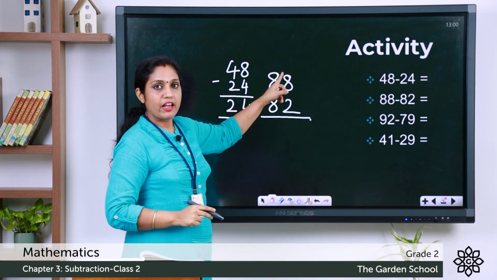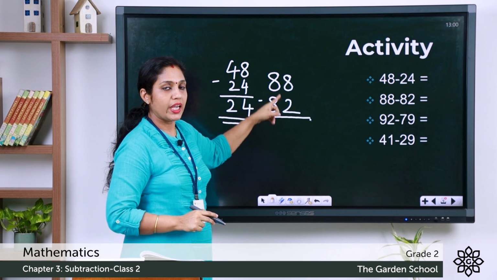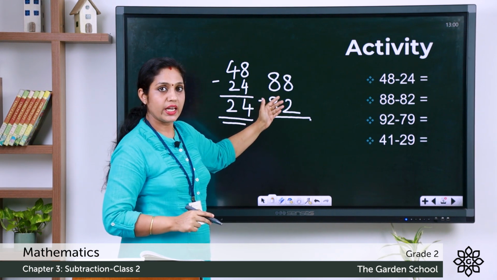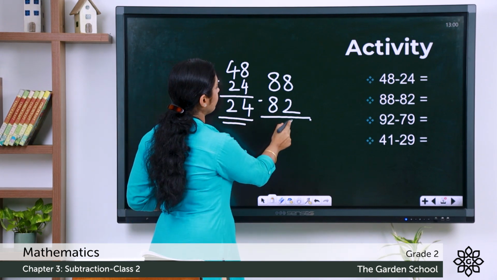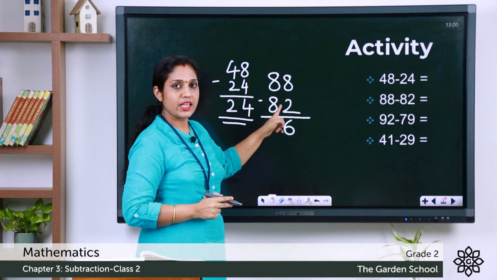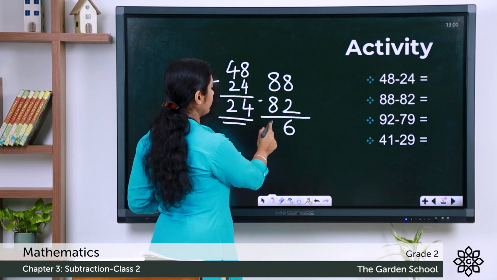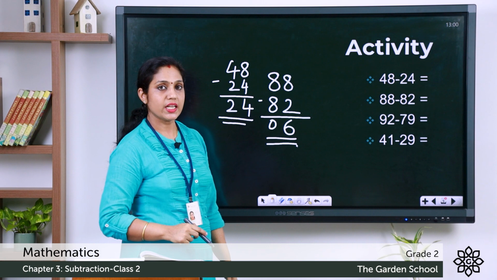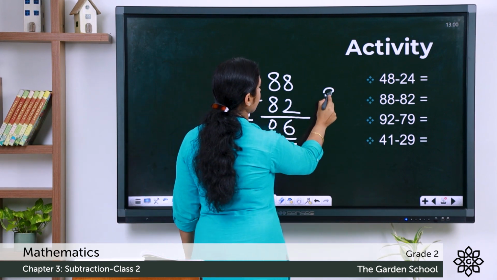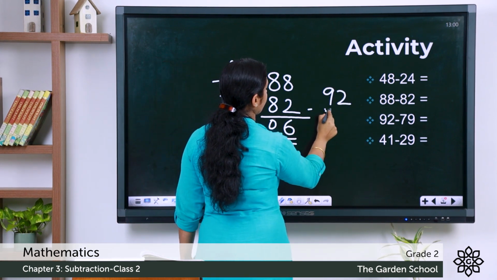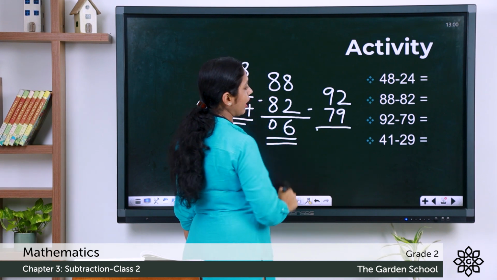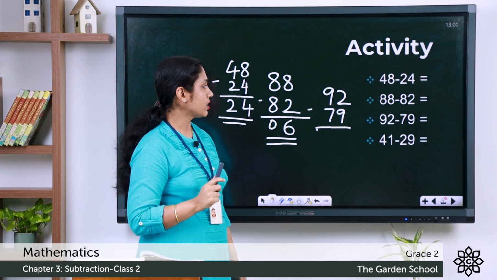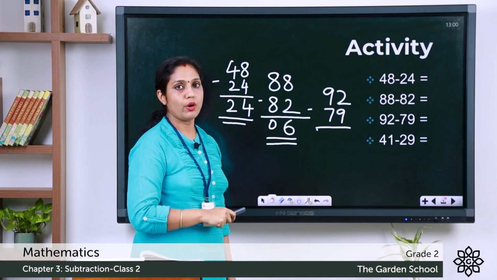In the ones place we have 8 minus 2. 8 is greater, so we are able to subtract there. 8 minus 2, we get the answer 6. 8 minus 8 is 0. Answer is 6. Now we have 92 minus 79. Here we have to subtract 9 from 2. We are not able to subtract because 9 is a greater number, so we need to borrow from the tens